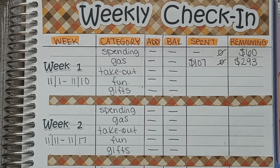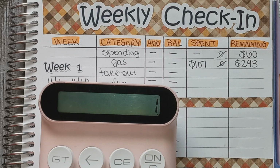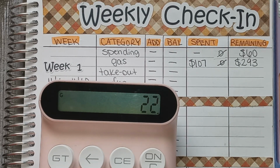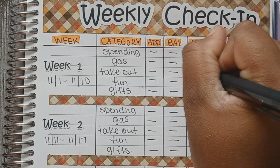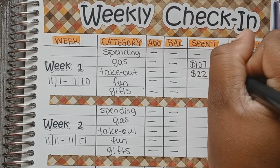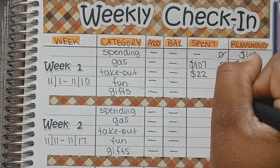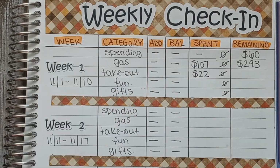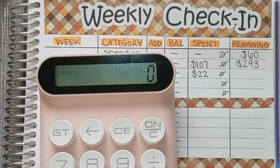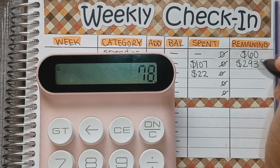Then we're gonna move on to takeout. So for takeout, I spent $14 and $8, and that was $22 for this week. And I didn't have anything in my envelope. I'm gonna go ahead and put 0 for the rest of them because I didn't have anything to begin with. So takeout, I gave myself $100 for the month, and we're just gonna subtract that from that 22, and that'll leave us with